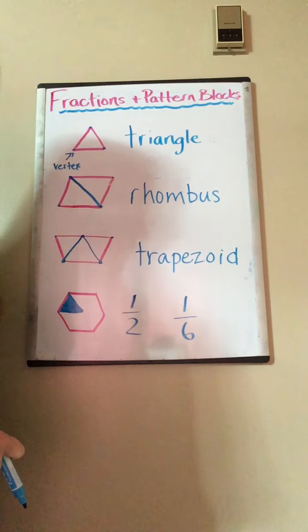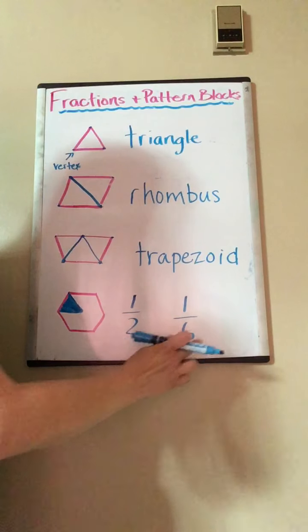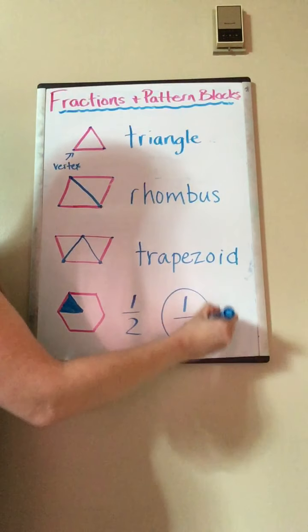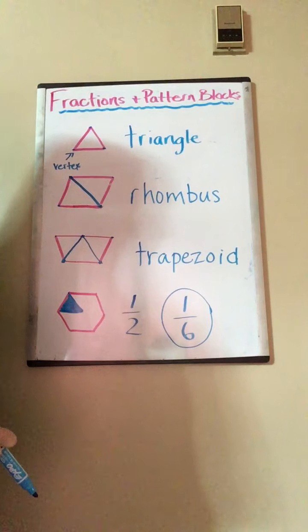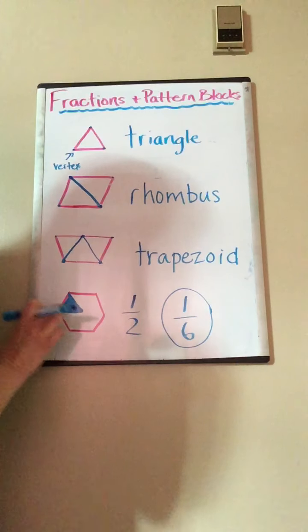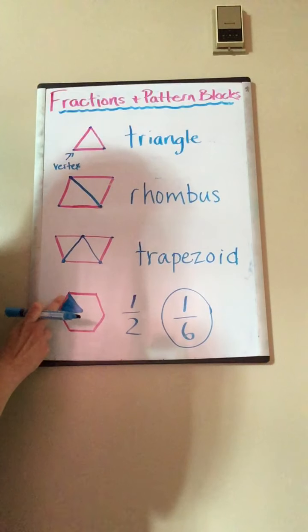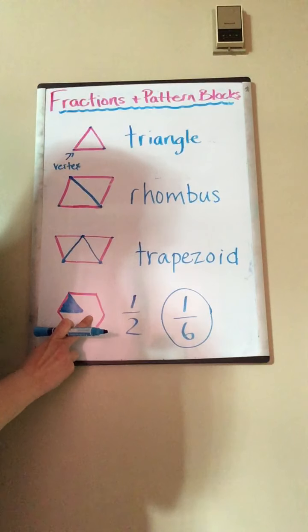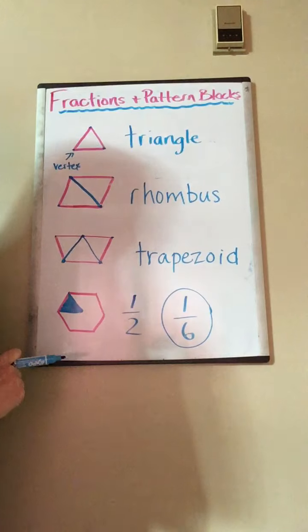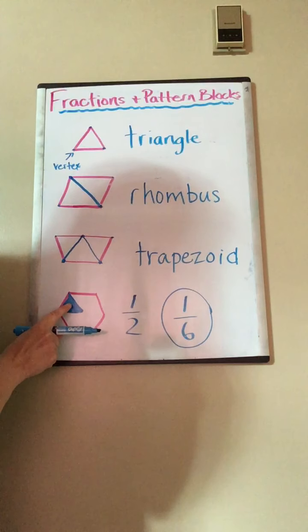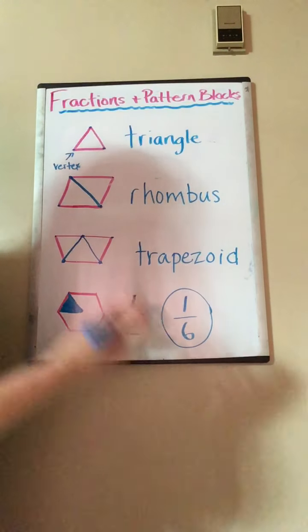What do you think? Is it 1/2 or is it 1/6? If you said 1/6, then you are correct. Because here's the thing. Look at that fraction. Is this equal to this? Is this shaded part equal to the non-shaded part? No, it isn't. This part is a lot smaller than this part, which means